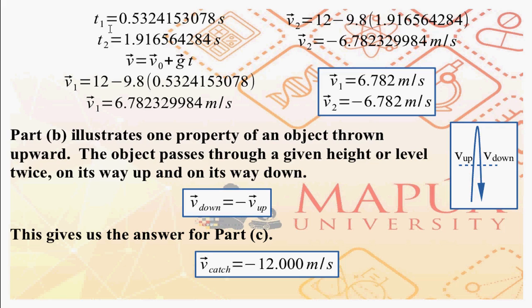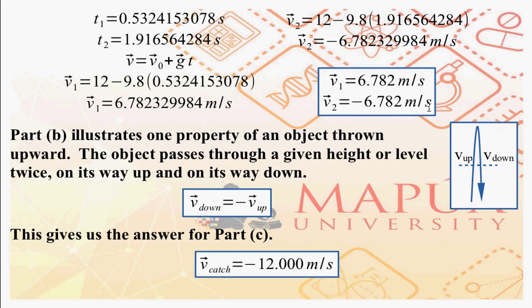V1 for time t1, V1 is equal to 6.7823299984 meters per second. And for time t2, V2 is equal to negative 6.7823299984 meters per second. So, the velocity of the object as it reaches the 5-meter mark is V1 is equal to 6.782 meters per second and V2 is negative